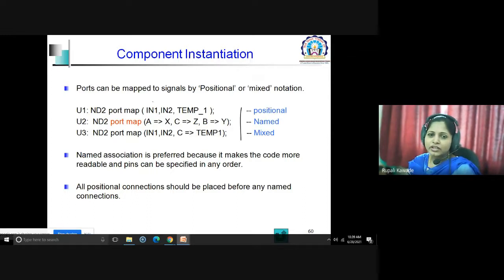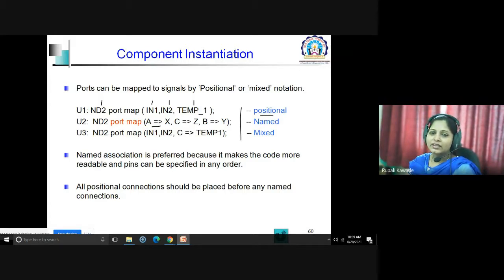So here in1, in2, temp1: this is the positional association we use for port mapping. It means for the ND2 entity, in1 maps to the first port mentioned in the entity, that is A, then B, and this will be your C. According to position, the respective ports will be mapped together.